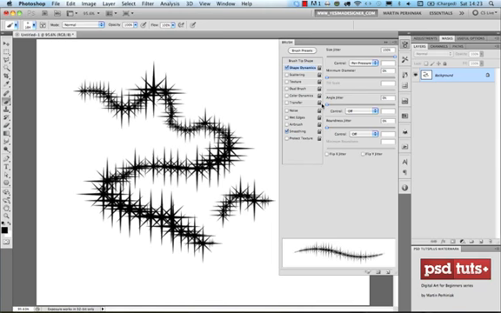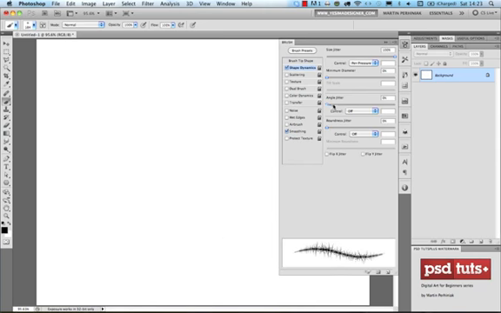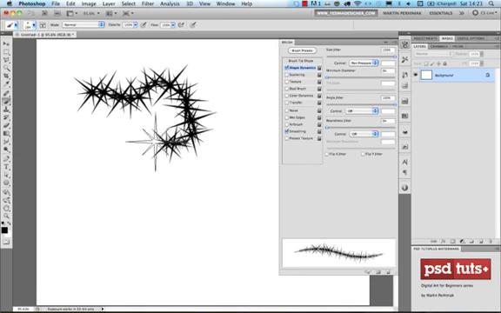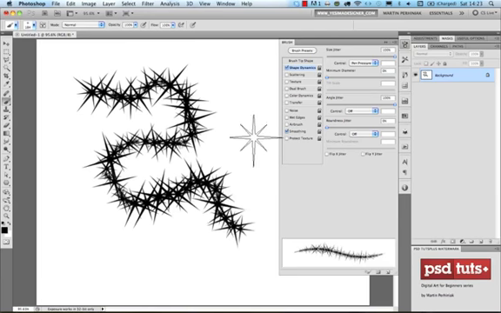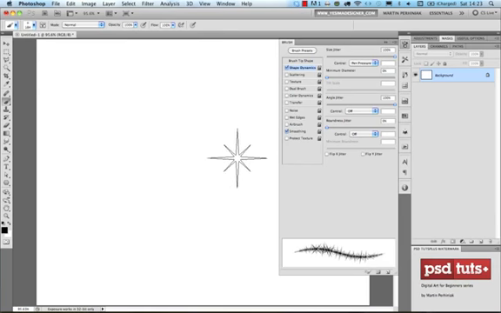And I would like to also randomize the angle. That's really important with this brush. So now if I start drawing, you can see even the angle is randomized. This brush can already be used for barbed wire, for example, but I would like to use it for another